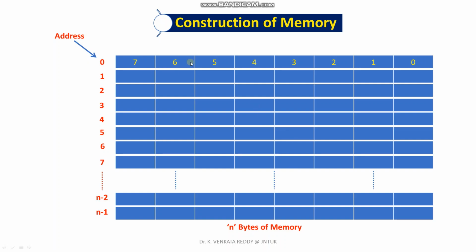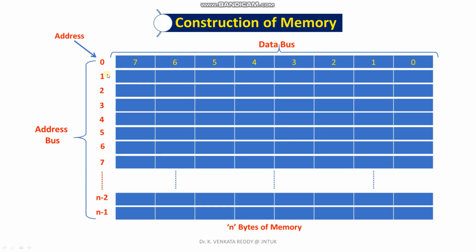In memory, each bit must be connected with a data bus, and the address bus selects a particular byte out of the n bytes. If you have n bytes, the number of address lines required is log n base 2. In other words, if you have a number of lines in the address bus, using these a address lines, 2 to the power of a different numbers can be generated. Each number can be assigned to a byte, so that 2 to the power of a bytes can be accessed.